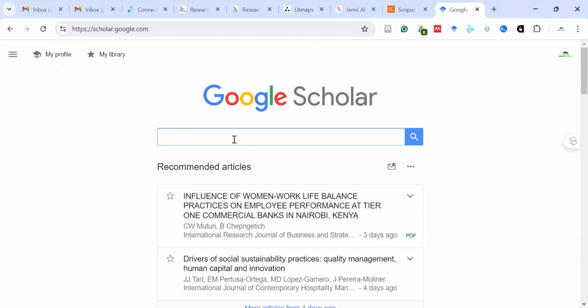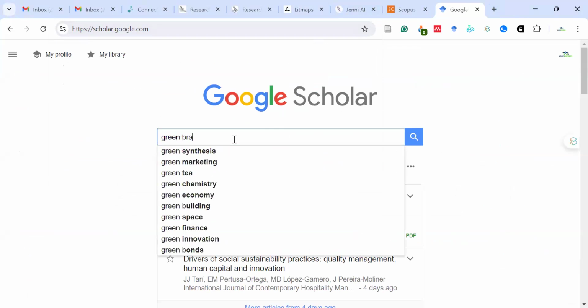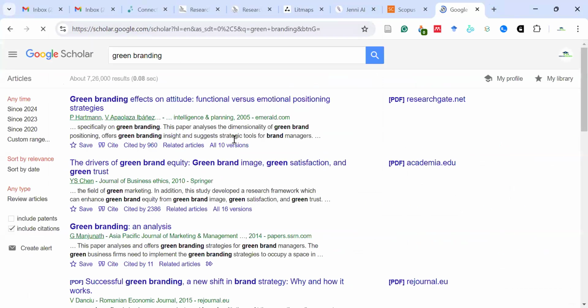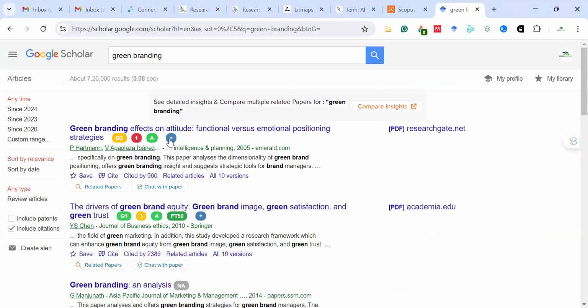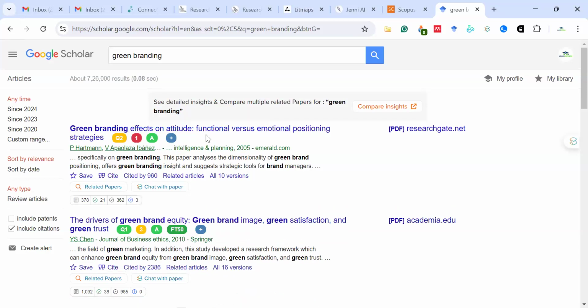Okay. So let me take a very simple topic, green branding. I'm just putting one word here. Now, first understand citations and references. Where do you cite in a paper and where do you write the references? Suppose I am an author and I have written this article, the first article which you see here, green branding effects on attitude, functional versus emotional positioning strategies. Can you see here, cited by? Now, this cited by means that suppose